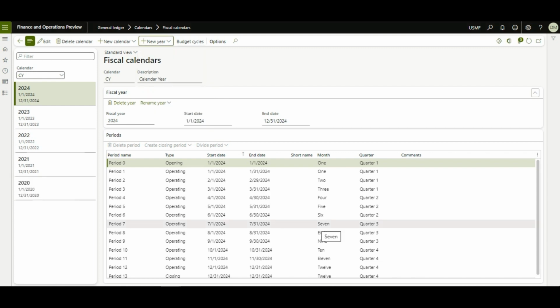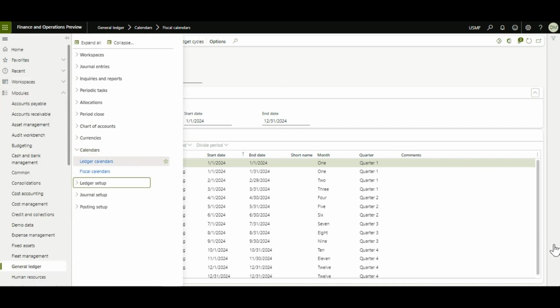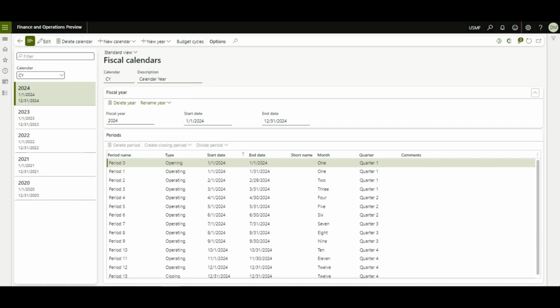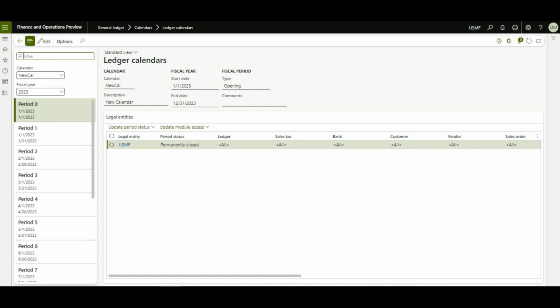Okay. So that is how we build our fiscal calendars. The next one is the ledger calendars. Ledger calendars is a totally different form from the fiscal calendar. As mentioned earlier, in ledger calendars, this is where we can update our period status, and this is also where we